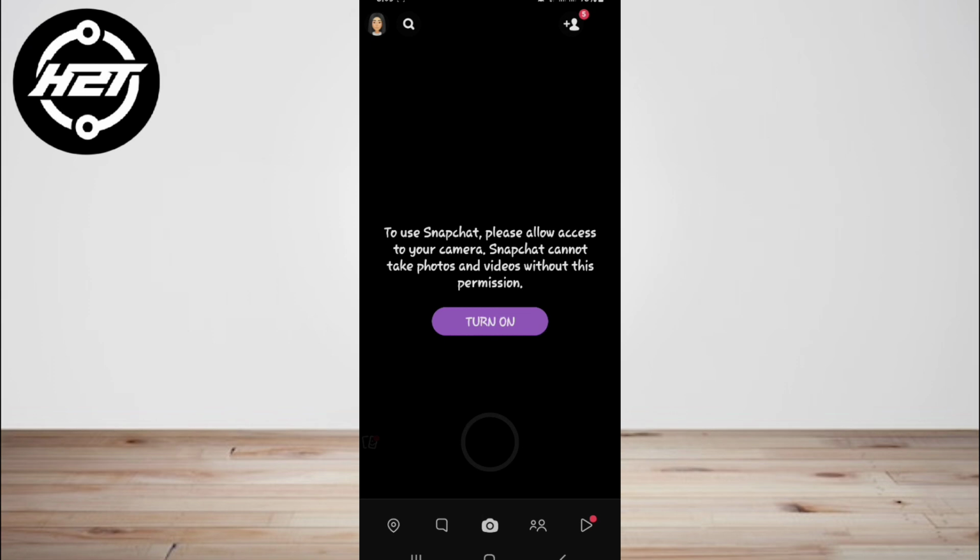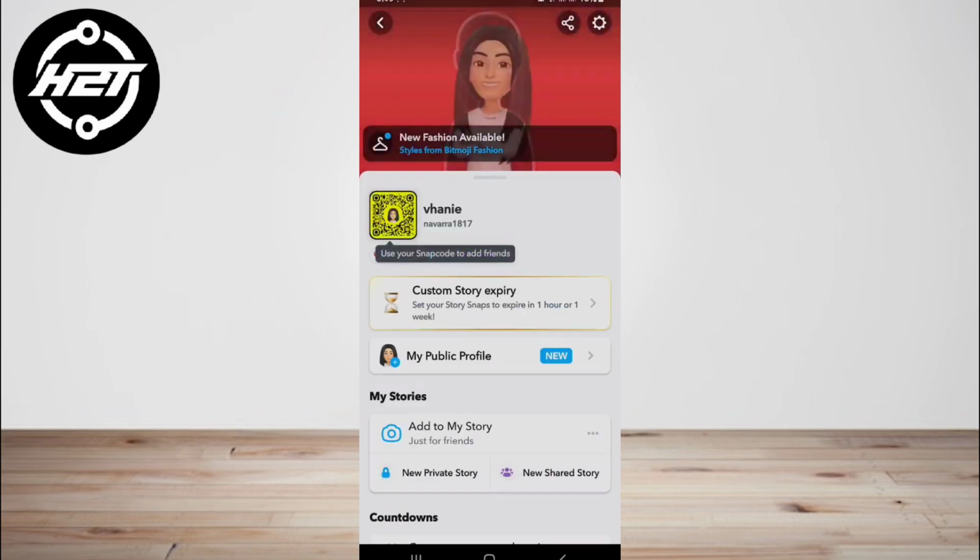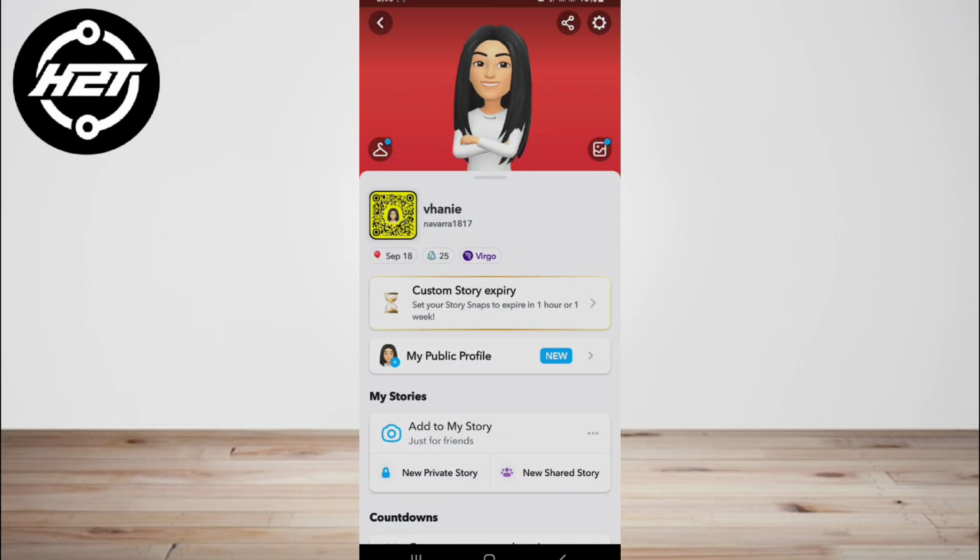Open the Snapchat app on your smartphone. Tap on your profile icon in the top right corner of the app screen. Under your profile picture and username, you should see a section titled My Public Profile. Tap on it